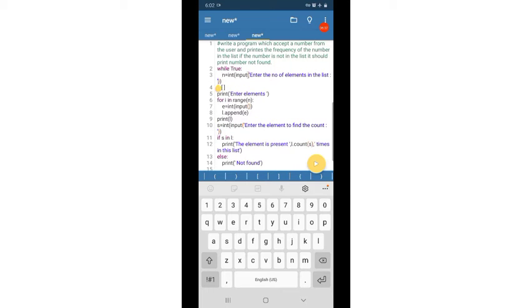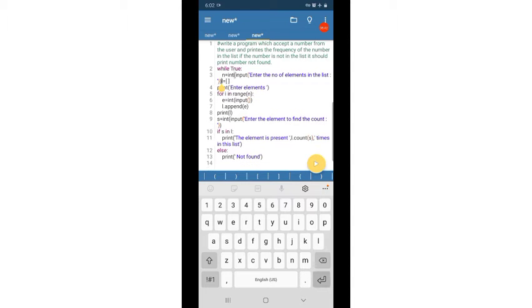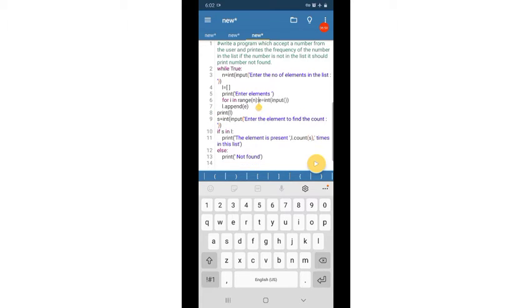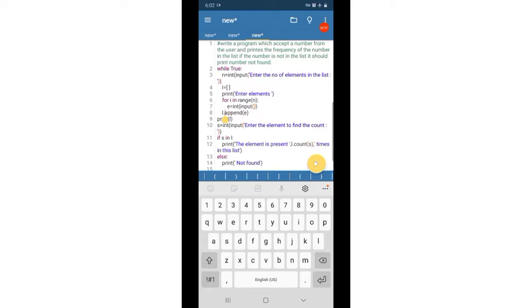Then you can see the output. We can check the output if we write these menu driven programs inside a while loop, like this: while true.